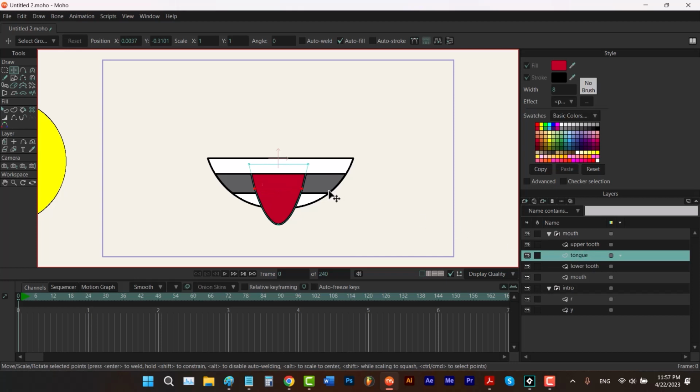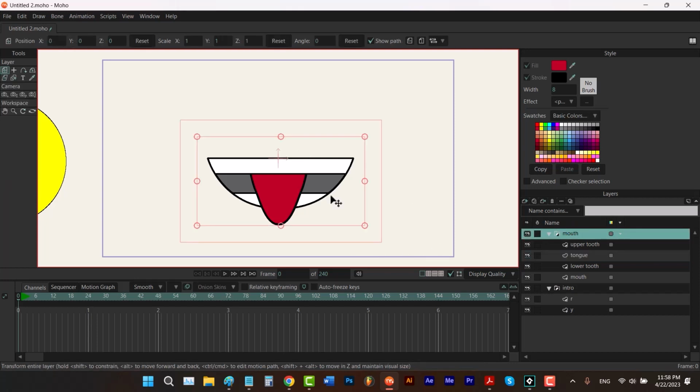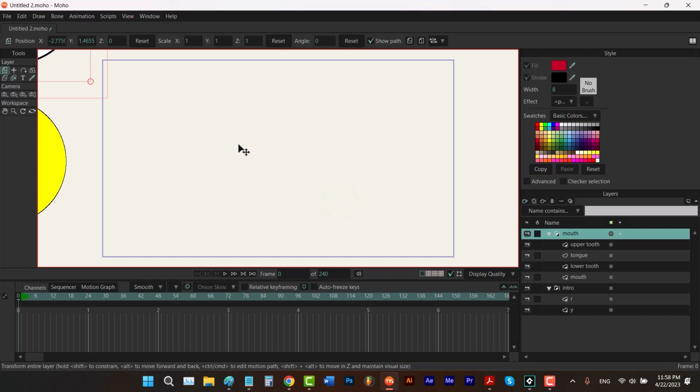Let me hit C and make these 2 points smooth. And now if I hit the T key and hold down the control and click on somewhere, I can freely move this tongue out of this mouth. Anyway, it doesn't look like a mouth, I know, but consider that I'm not teaching you drawing. I'm teaching you how to mask, okay? So let me select the whole group and move it to somewhere next to our previous one.